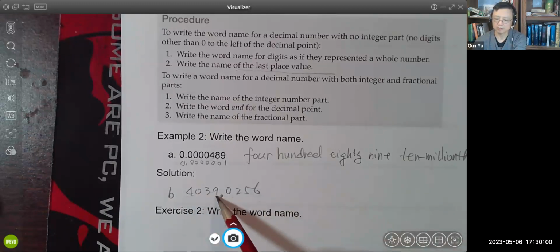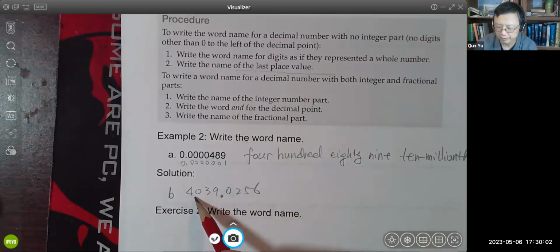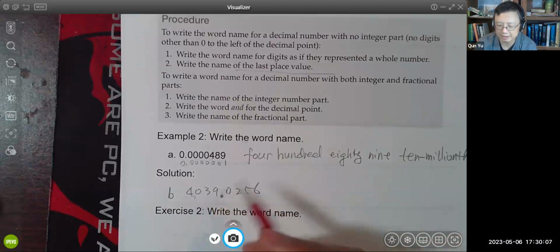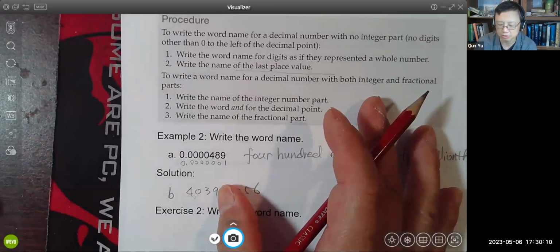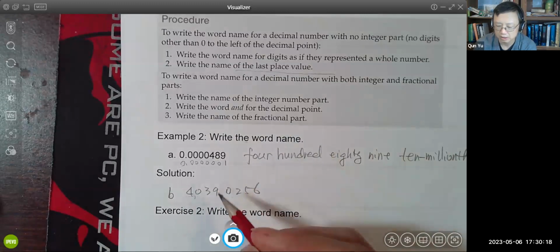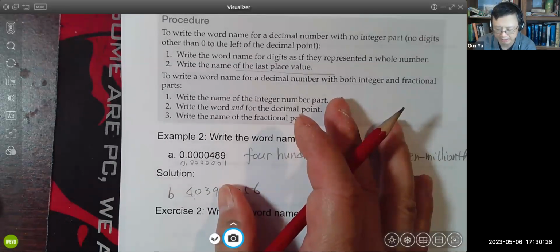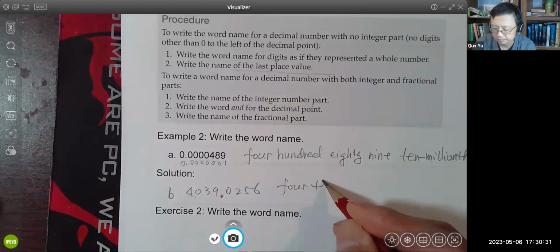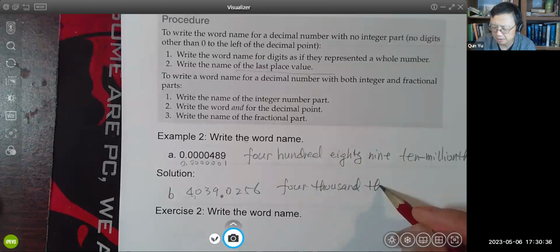So we read the whole number part as a whole number. This is 4039. Remember, you don't use AND when you read a whole number. The reason is, in the formal way to read a decimal, the decimal point is read as AND. In a whole number, there's no decimal point, so you don't read AND. So this is 4039